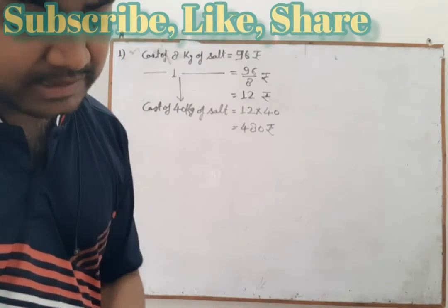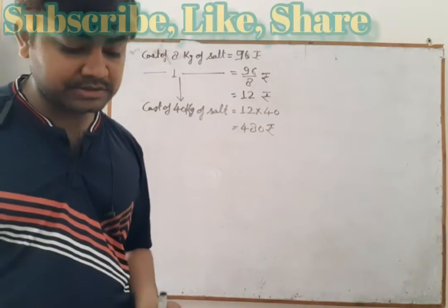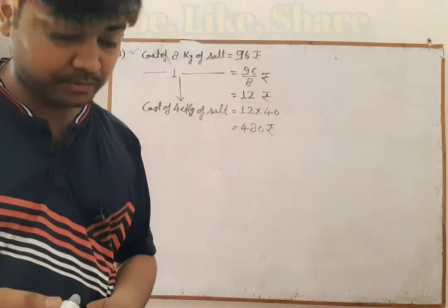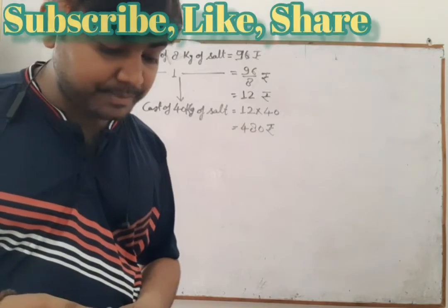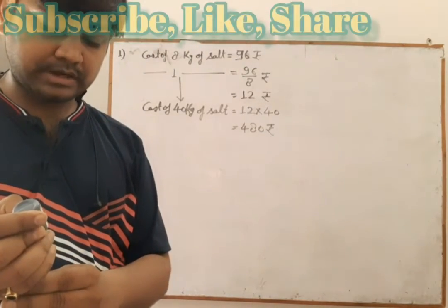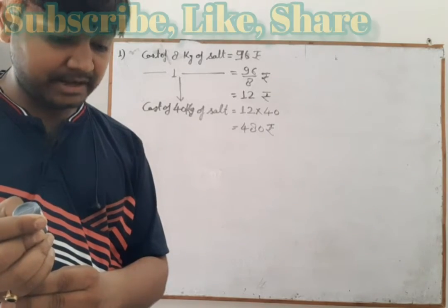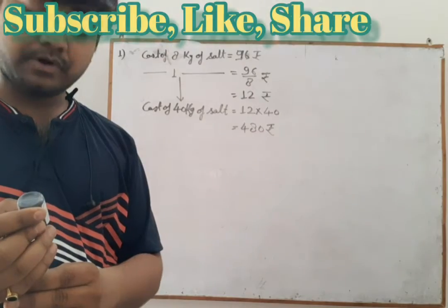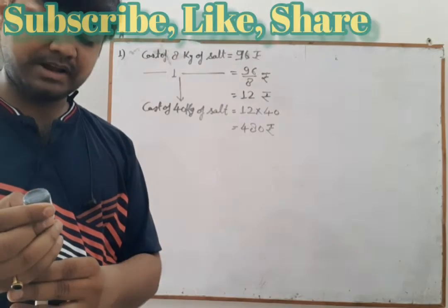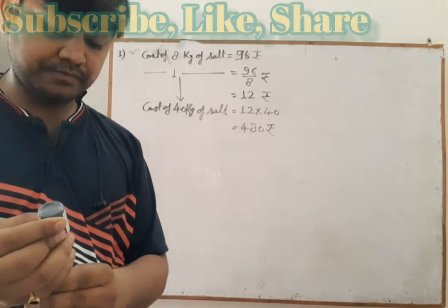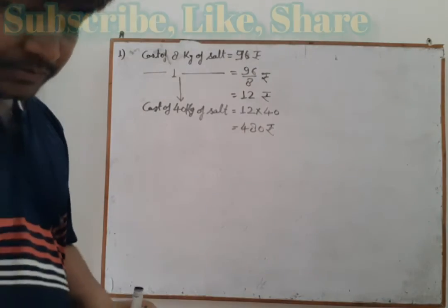If 17 liters of edible oil costs 1674.50, then find the price of 15 liters. What do we have to do? We have to find the cost of 15 liters of edible oil. First of all, we will find the cost of 1 liter of edible oil. After that we will find the cost of 15 liters.